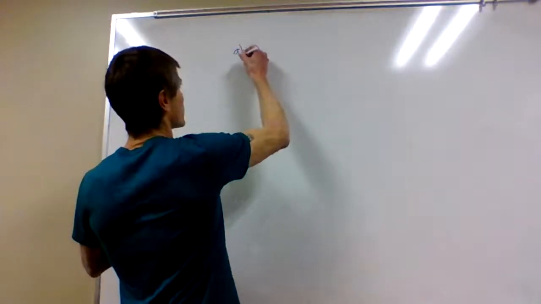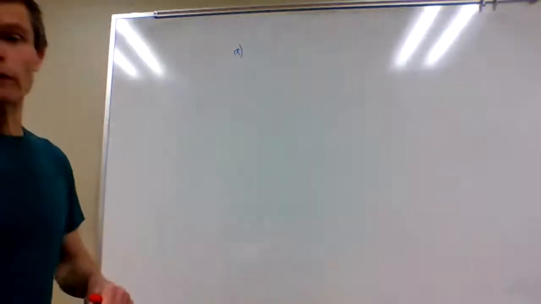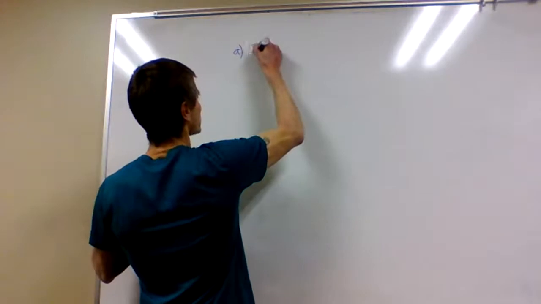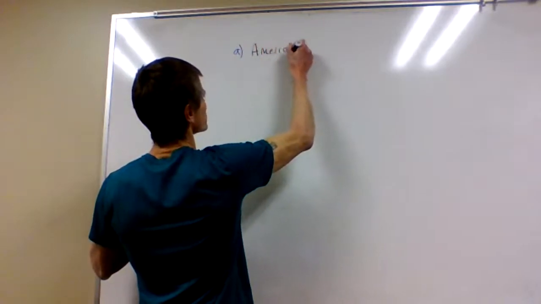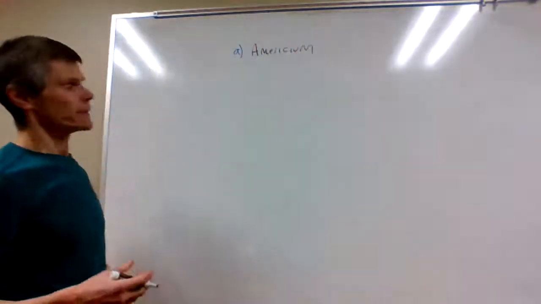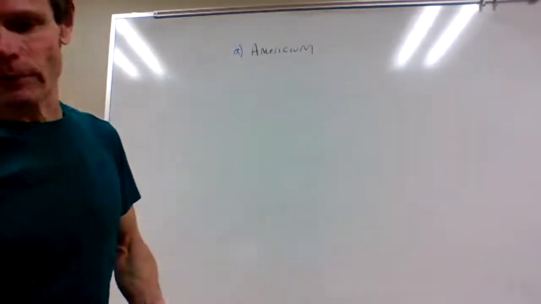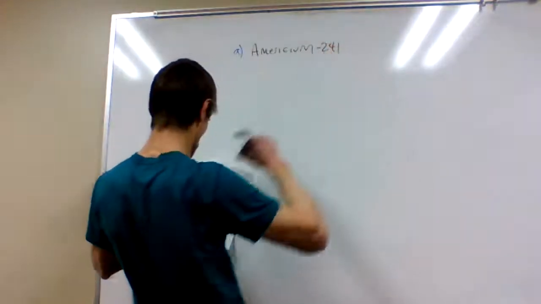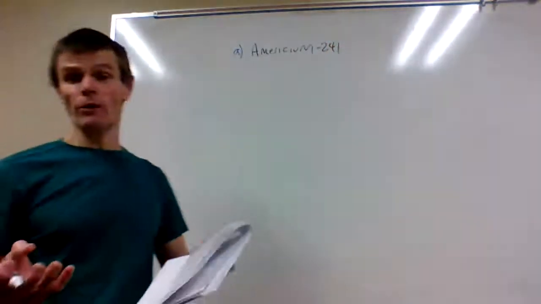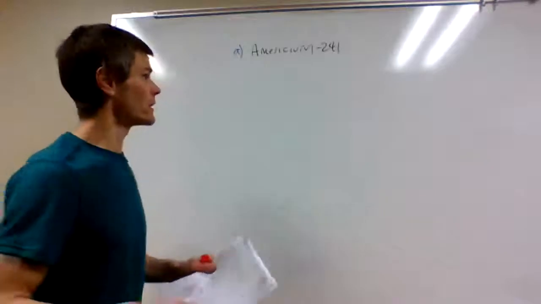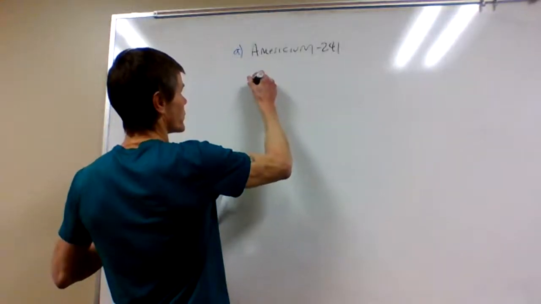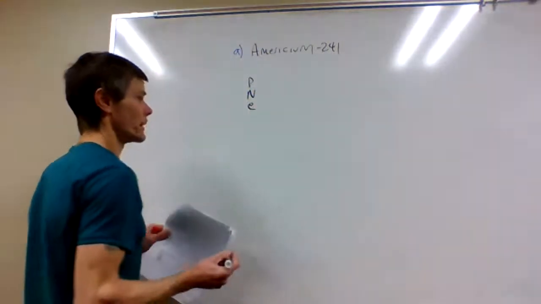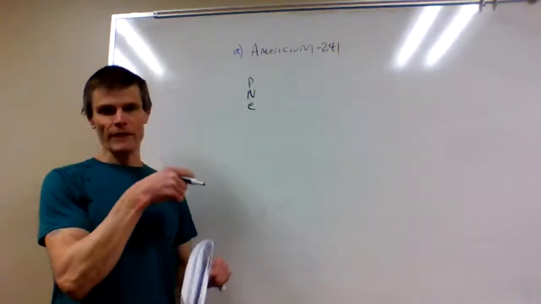The first question deals with an element known as americium. So americium 241. It's an isotope, and it's used in smoke detectors. We want to list the number of protons, the number of neutrons, and the number of electrons within the atom